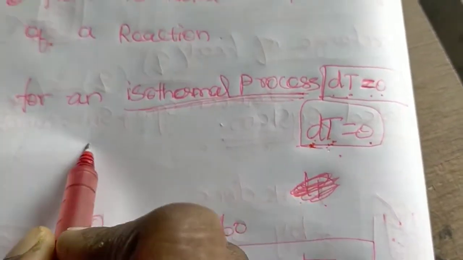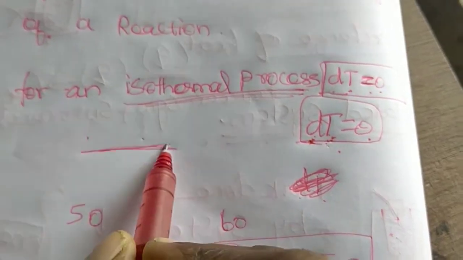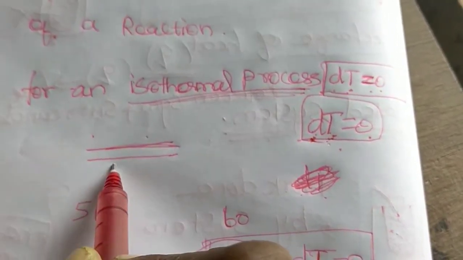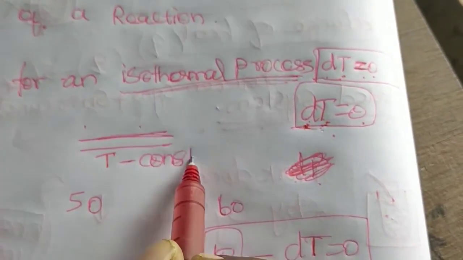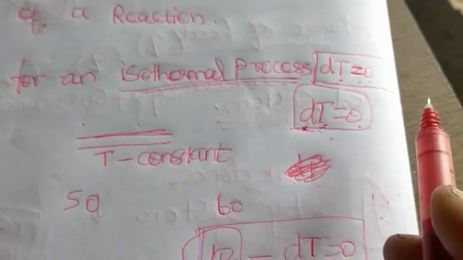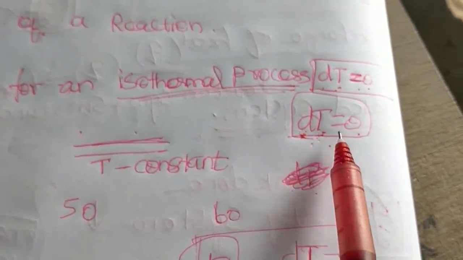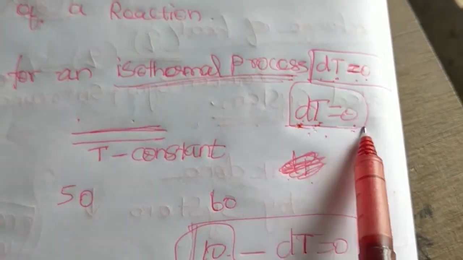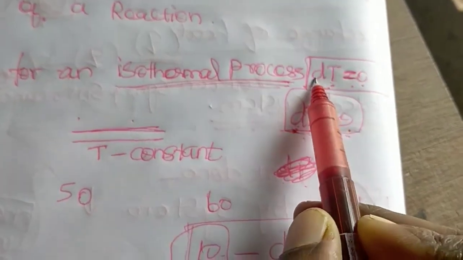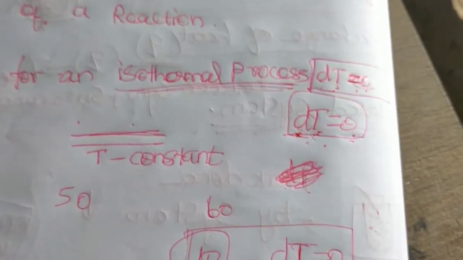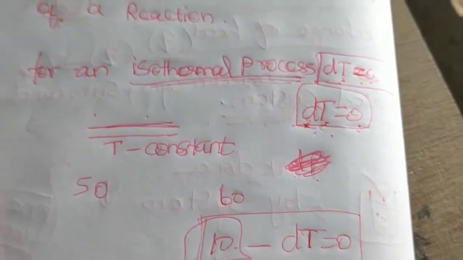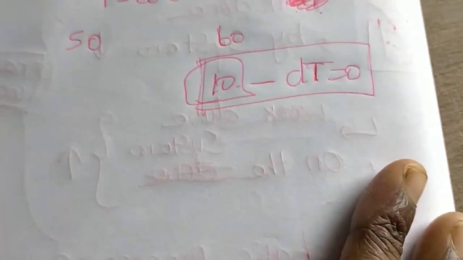That means in the initial stage and the final stage you will get the same temperature. Throughout the process you will get the same temperature. So constant temperature throughout the process is denoted by dT equal to 0. You should understand dT means the change or difference in temperature, and in the isothermal process it is 0. That means there is no difference in the temperature. Do you understand? Okay, we can move to the next